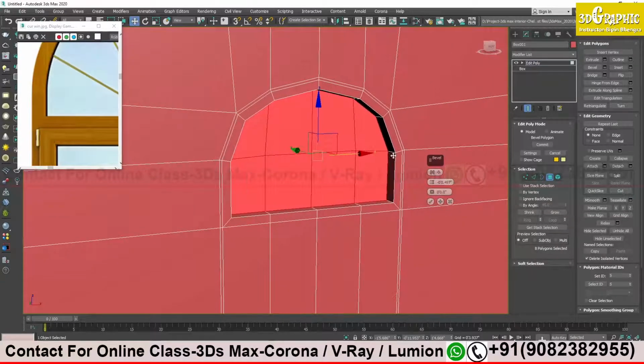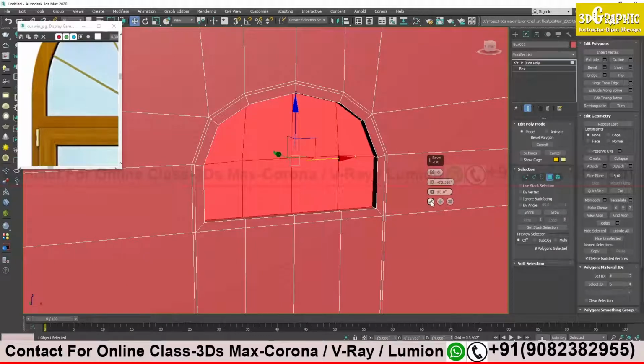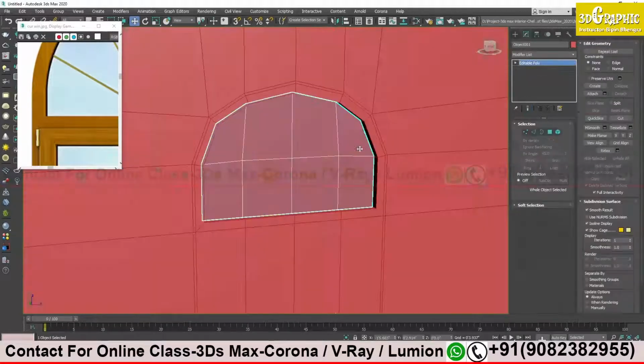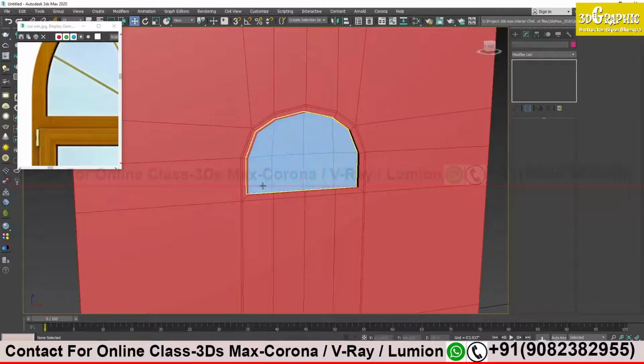You see, a little bit inside, not that much, this much is okay. And tick sign, and this will be my glass, so I will detach it, as we did last class. I will detach, click outside, and I will try to change the color now, so that it will be easy for us to identify. See, I got my glass, I got my window.